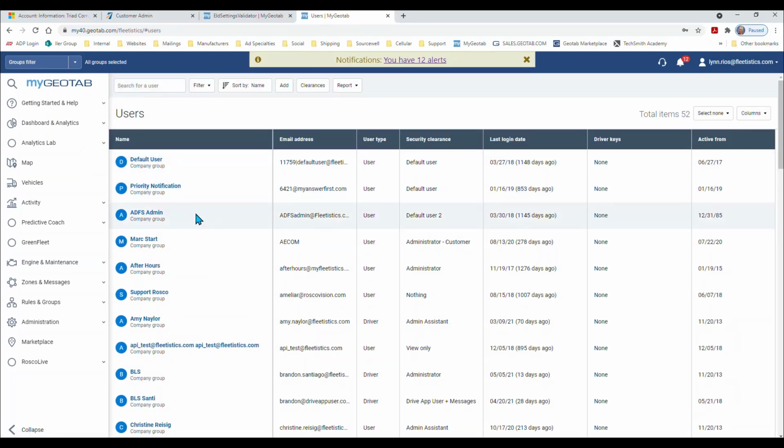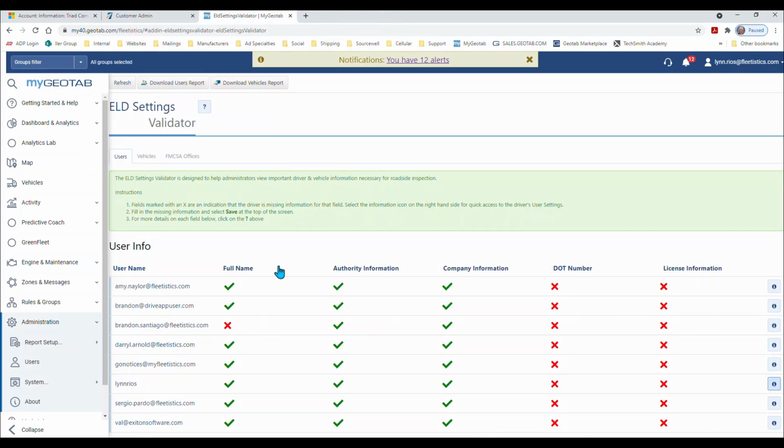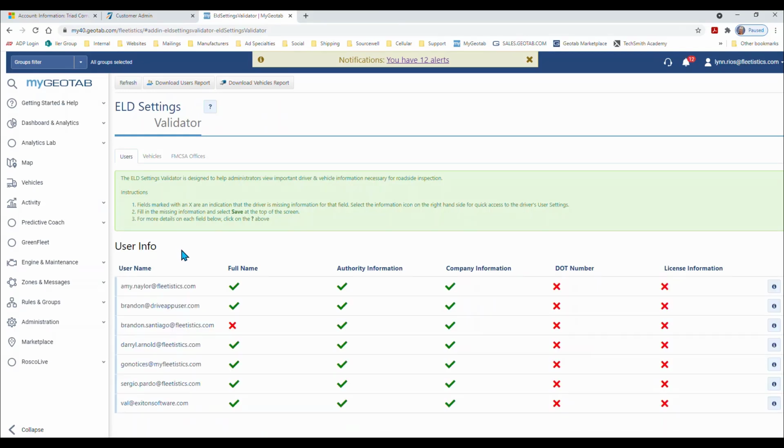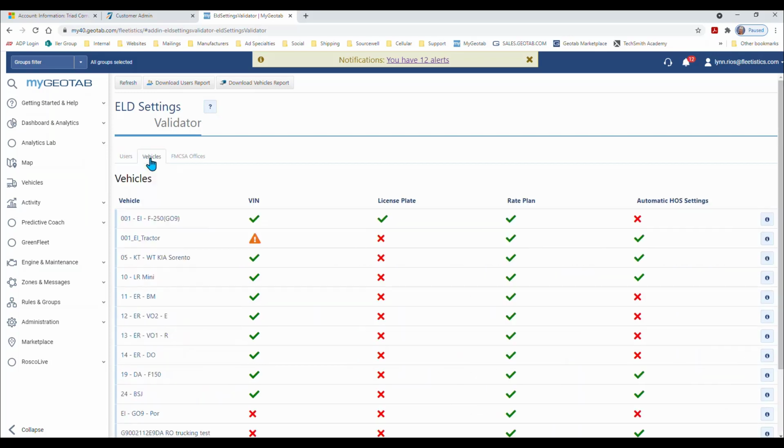Now it's taking me back to my user list, but in the previous window, the Settings Validator is still open. Coming back in here, if I refresh the page, the user that I just fixed is no longer on the list, and the remaining ones that need to be fixed are on the list. In the same way,